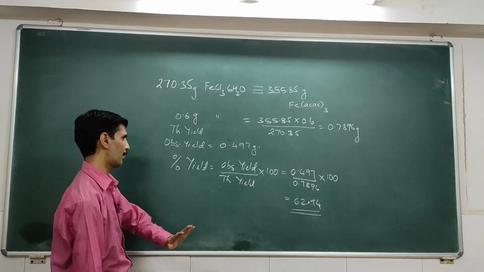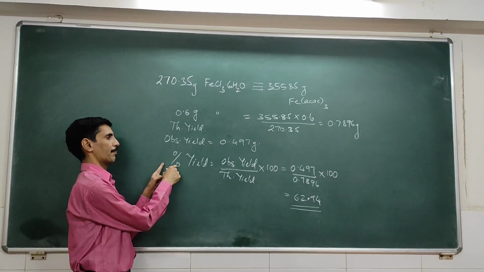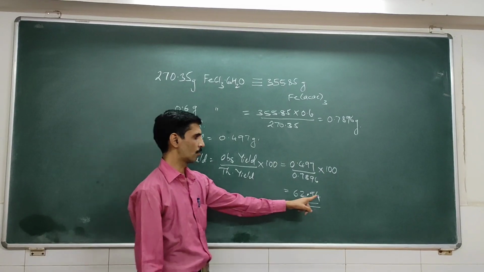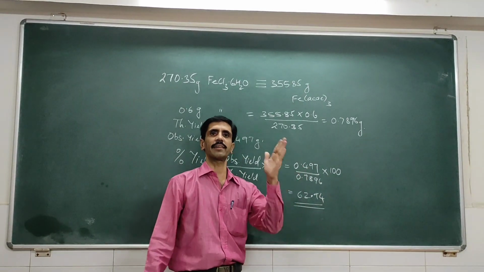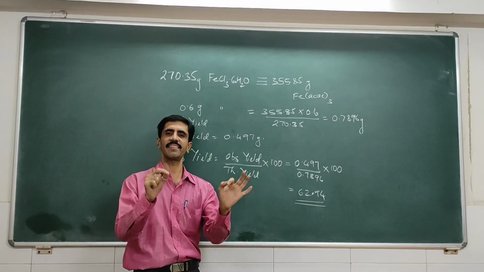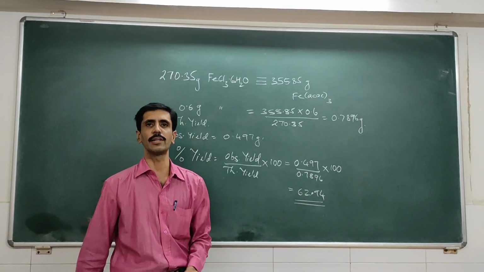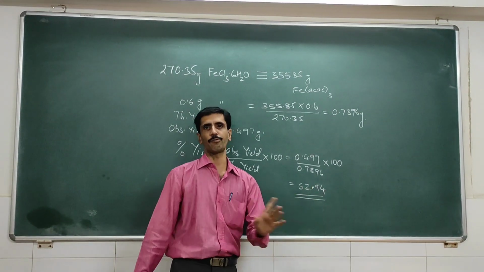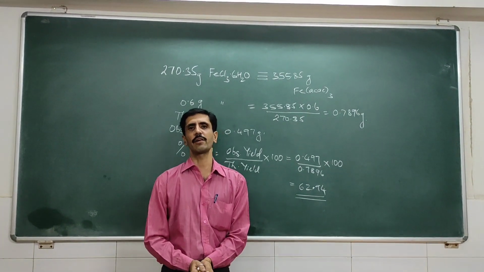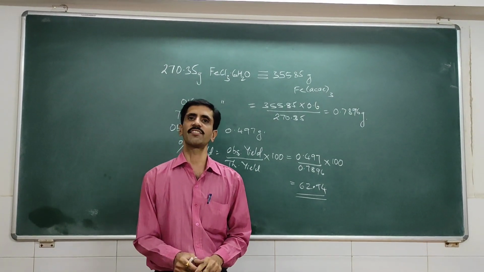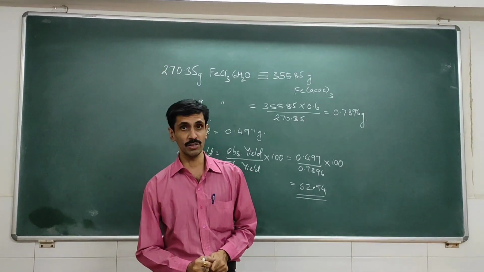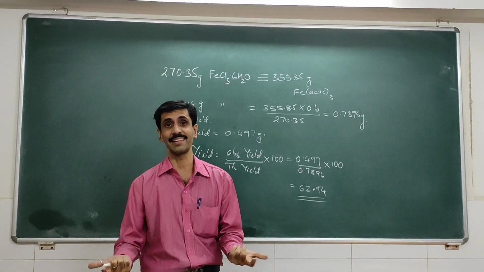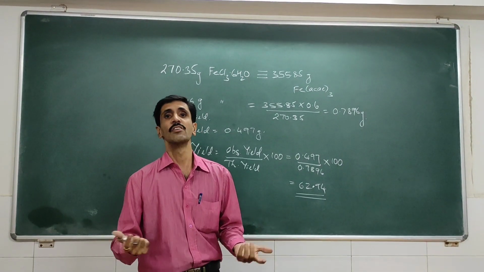Now my dear friends, the simple part is, because here we are already saying percentage yield, you don't need to write percentage over here also. So percentage yield is 62%? No. Percentage yield is just a numerical value that you need to put in your final result, and that is 62.94. Okay, and this is, my dear friends, the final part of this experiment. I hope you have all understood this. You have also liked it as I liked presenting it in front of you. Thank you so very much.